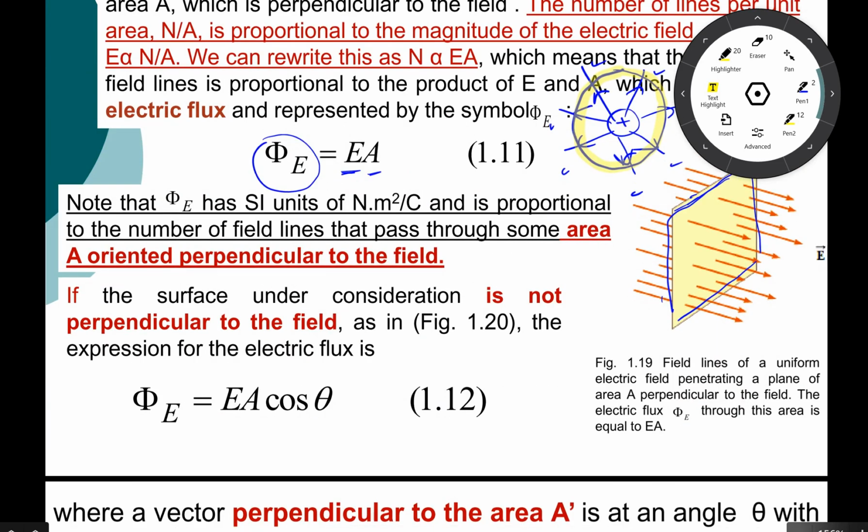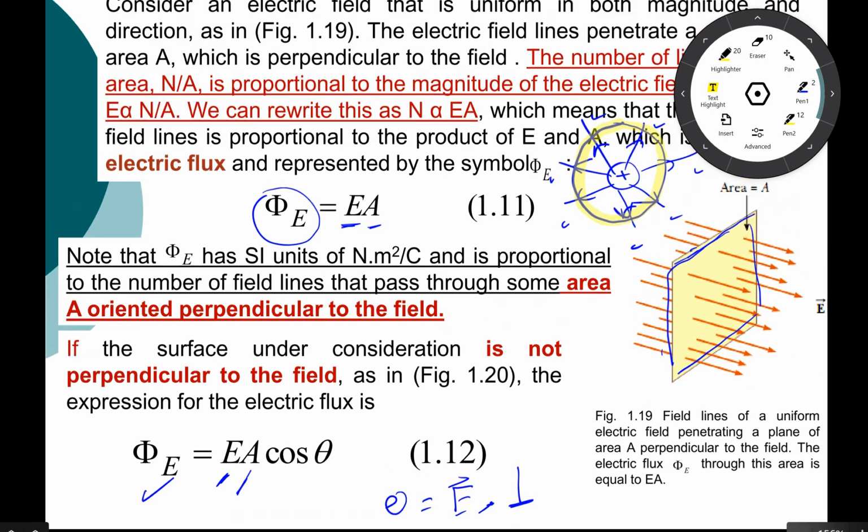But the general law is that the number of the field lines is the magnitude of the electric field multiplied by the area multiplied by cosine theta, where theta is the angle between the field and the perpendicular direction to